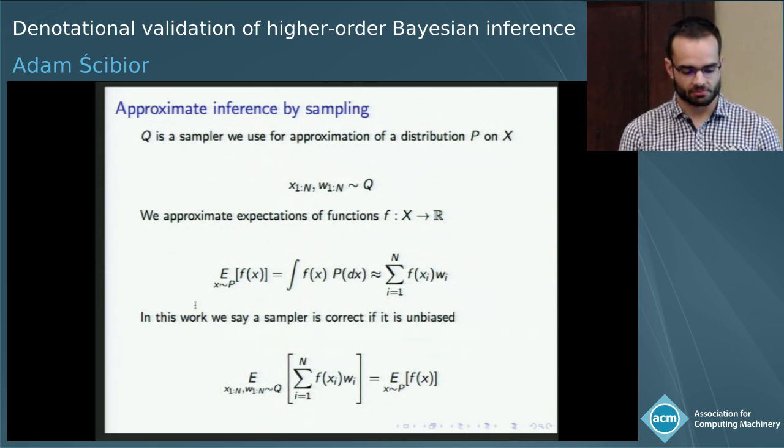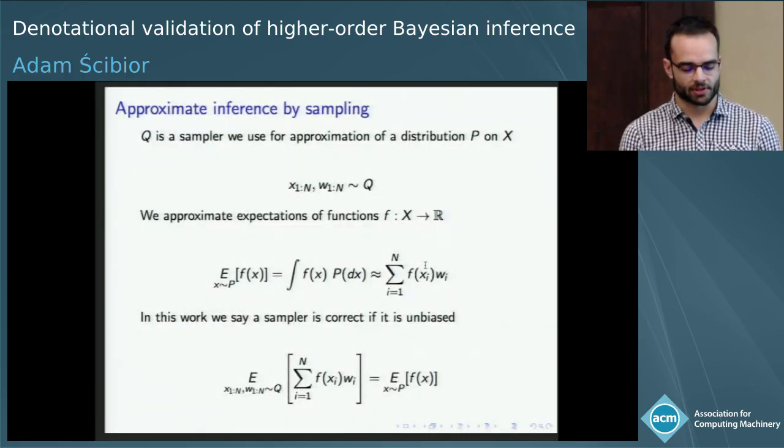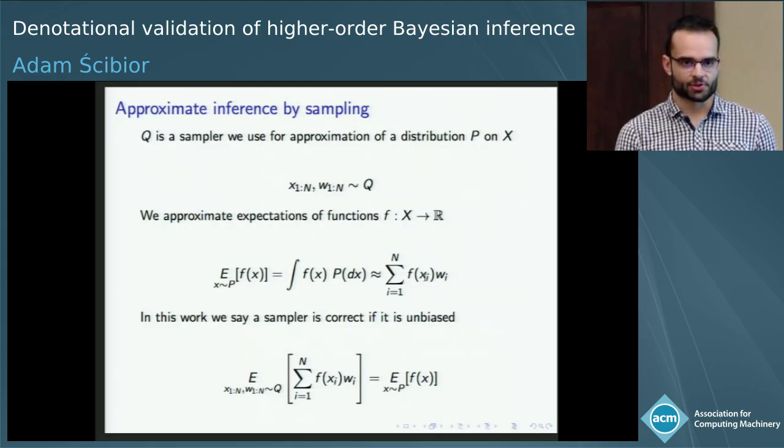And the standard way to approximate an integral through Monte Carlo methods is that if I have an expectation of some function under a distribution P, which is exactly this integral, I can approximate it by taking the weighted average of the function evaluations at the points sampled from Q. And pretty much any query you might want to have about the posterior distribution can be phrased as an expectation